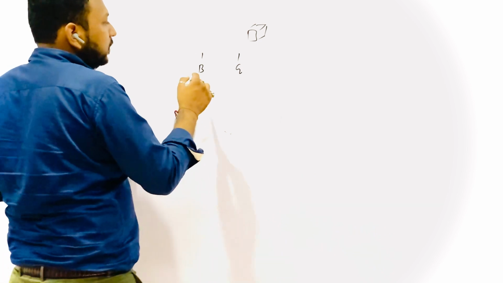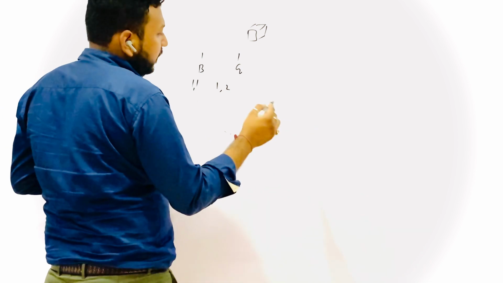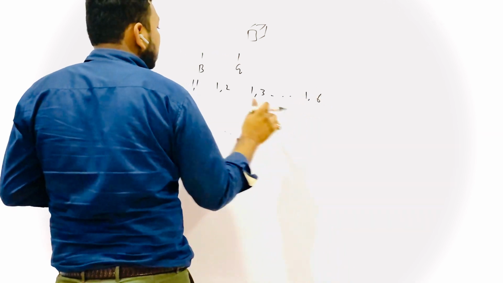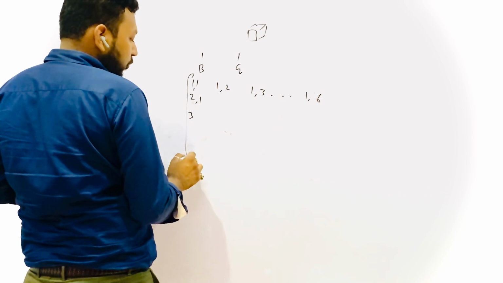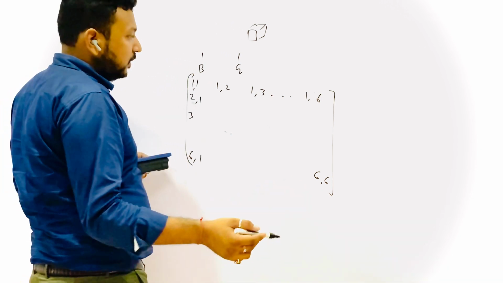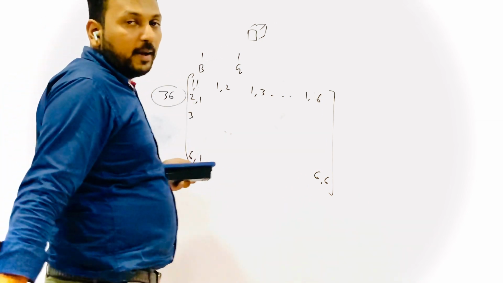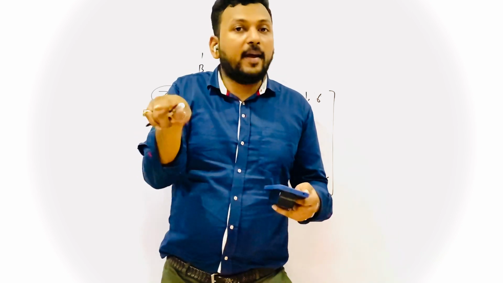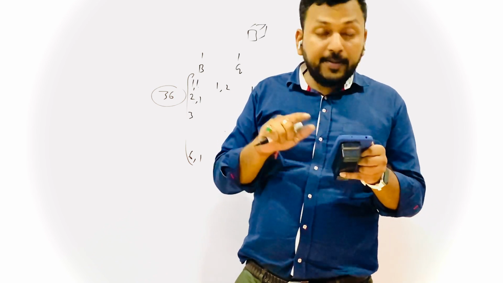So what are the possible outcomes? See, 1 comes in both. 1 in first, 2 in the other. 1 in first, 3 in the other, and so on up to 1, 6. Similarly, 2 in first, 1 in other, 3 in first, up to 6 in first, 1 in other. So similarly 6 and 6 on both the dice. So if you write down everything from 1 to 6, there are 36 outcomes, right? Now they're saying the sum is 8.